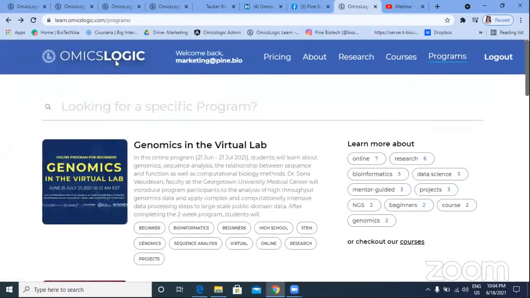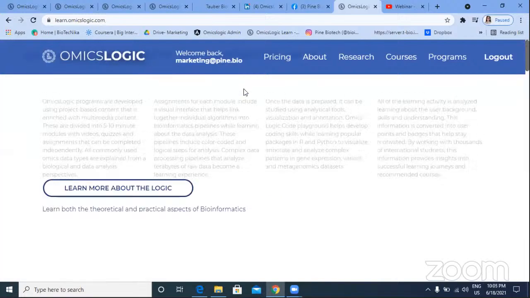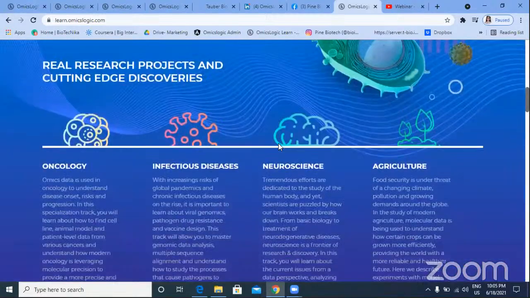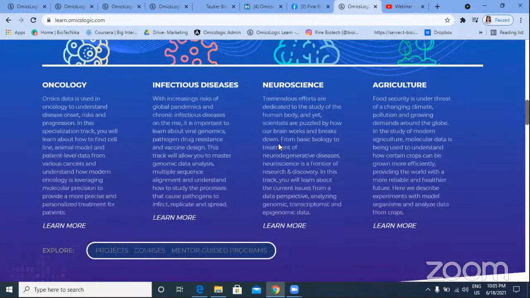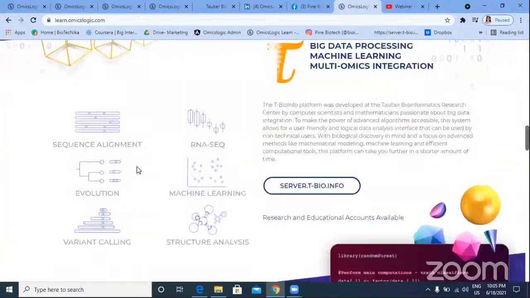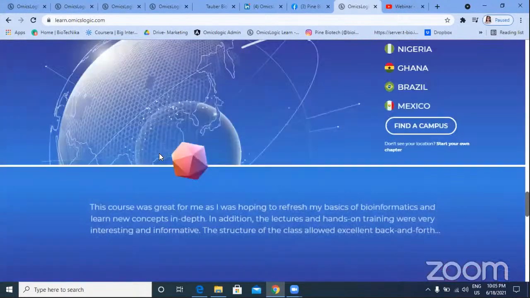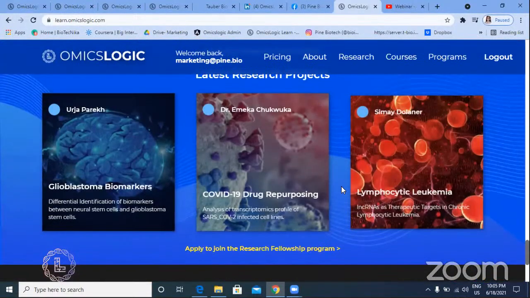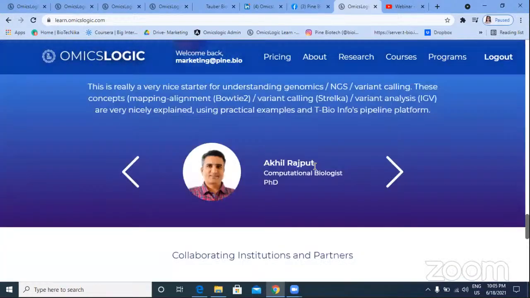If you scroll down, there we go: oncology, infectious diseases, neuroscience, and agriculture. What you will find on this portal are not just lessons and tutorials, but also project examples, sourced from the public domain, from journals.